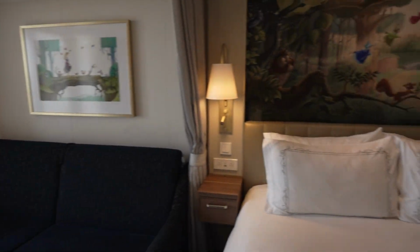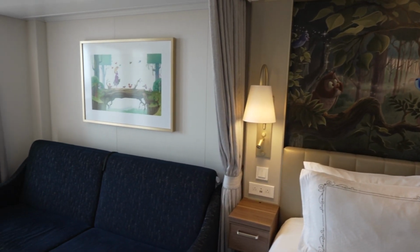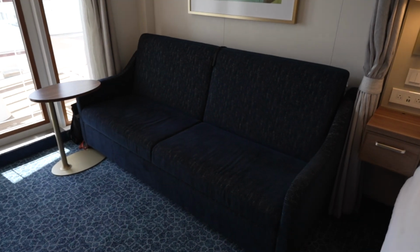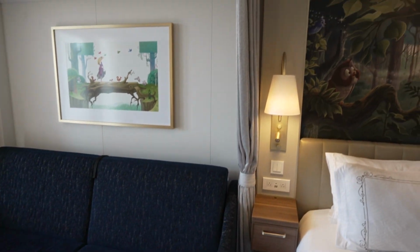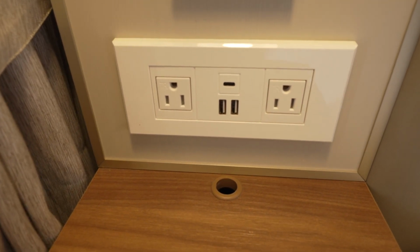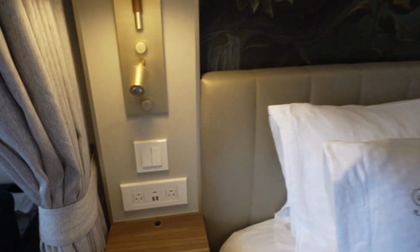And then as we come over here, we have an upper berth here that will pull down. Our stateroom attendant will do that for us later. And then this sofa flips down and becomes a bed. You have a nice little curtain here to separate between the beds. We also have regular outlets as well as some USB. And then we have